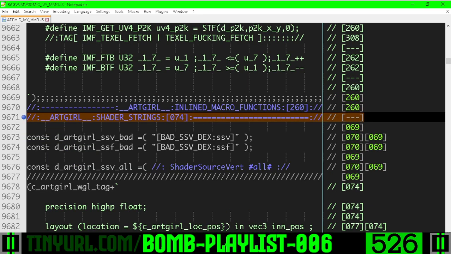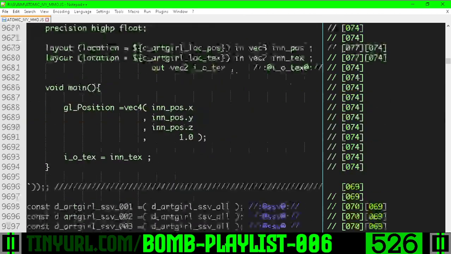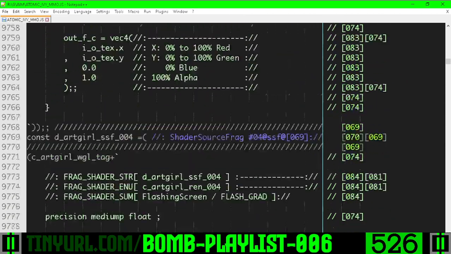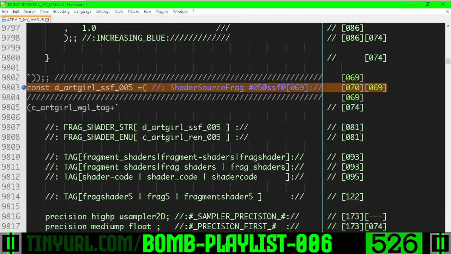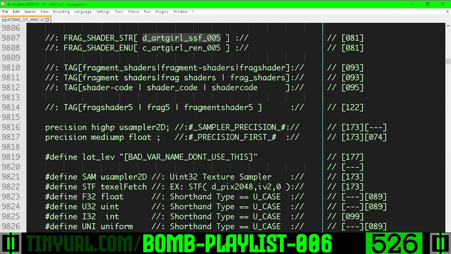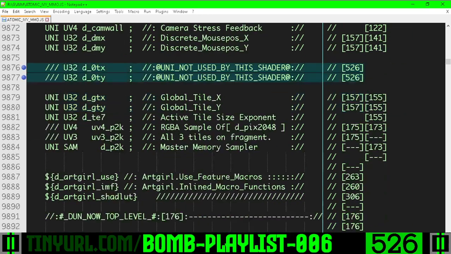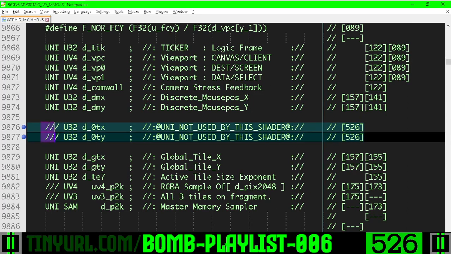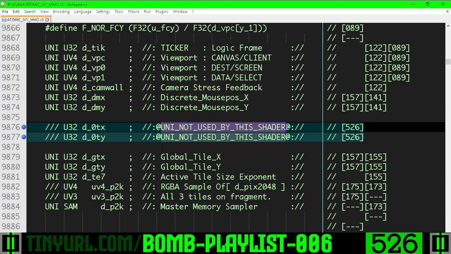ArtGirl shader strings. In this section, if we go all the way down to shader source fragment number 5, which was the first serious shader that we wrote, I just made an insertion right down here. Now, we're not actually using this, so it's commented out with a little note that says uniform not used by this shader, but I just put this here because I like to be able to find my way around the